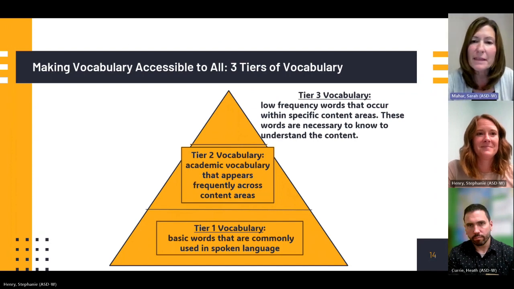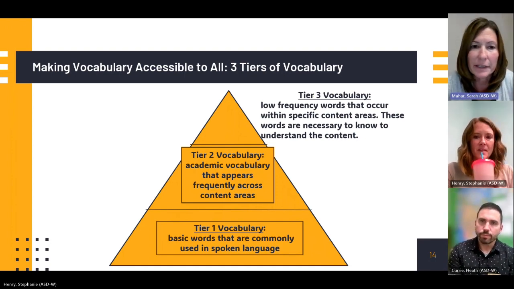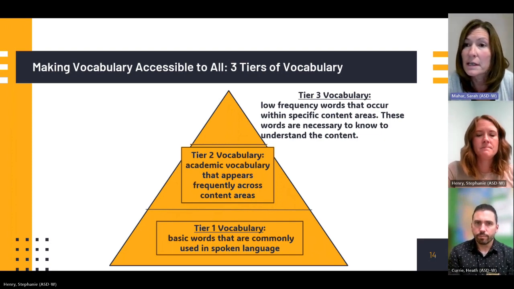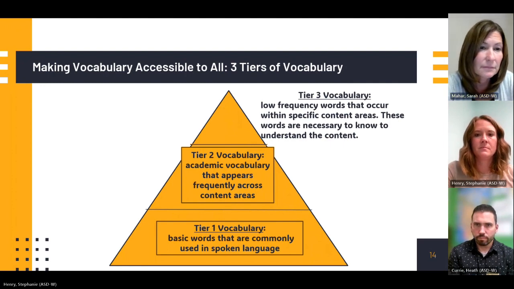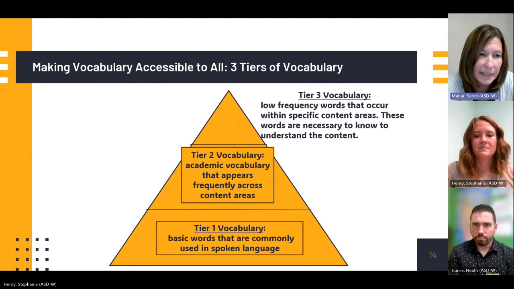Okay, this is me. So one thing to consider when thinking about vocabulary are the tiers of vocabulary. Words can be separated into 3 tiers of vocabulary. Tier 1 words are common words that are used in everyday spoken situations. Tier 2 words are those that are used frequently across subject areas. Tier 3 words are lower frequency words that are specific to particular content areas. These are necessary to know in order to access the content of the subject area. So on the next slide,